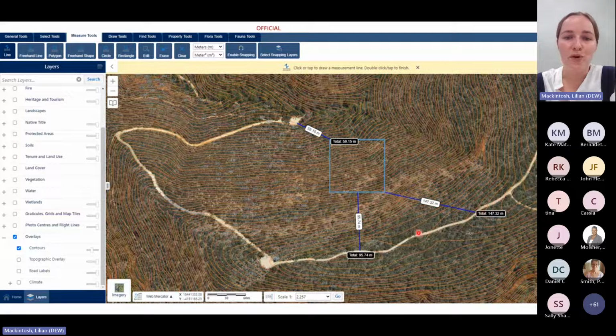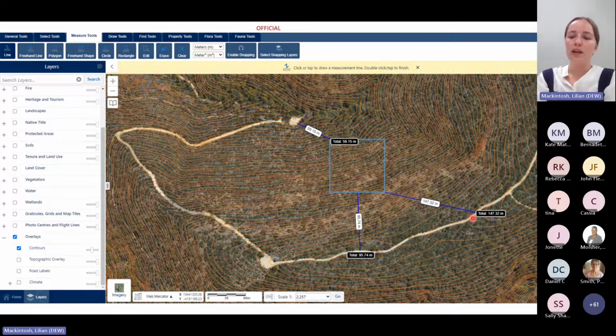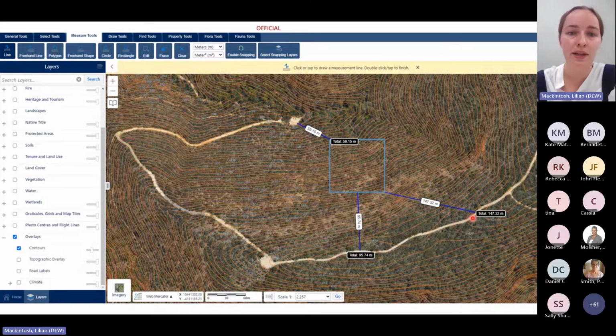Even though I'd probably have to walk all the way around here, it might be better in the end to enter from here, as it's less steep and a shorter distance, but you can add things like that to your grant application. In terms of occ health and safety,